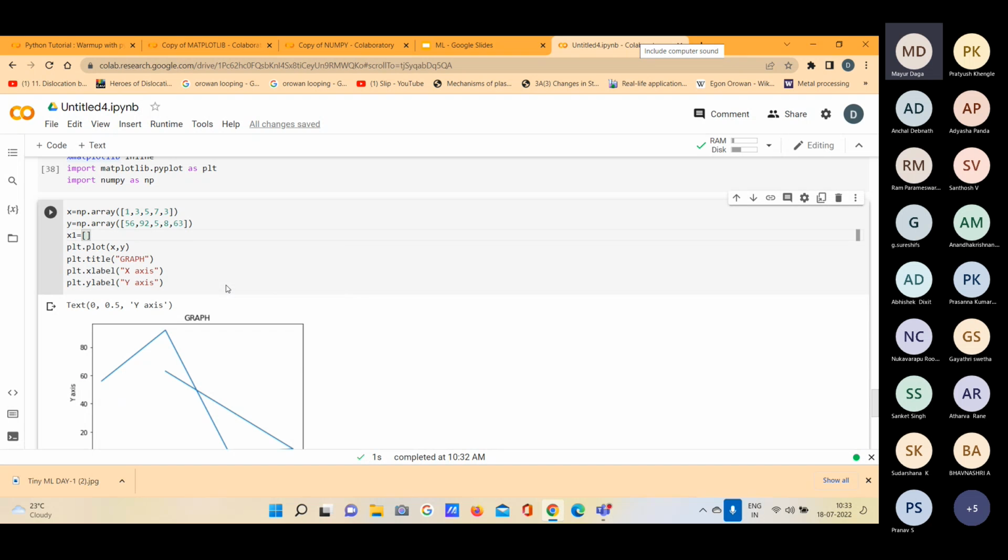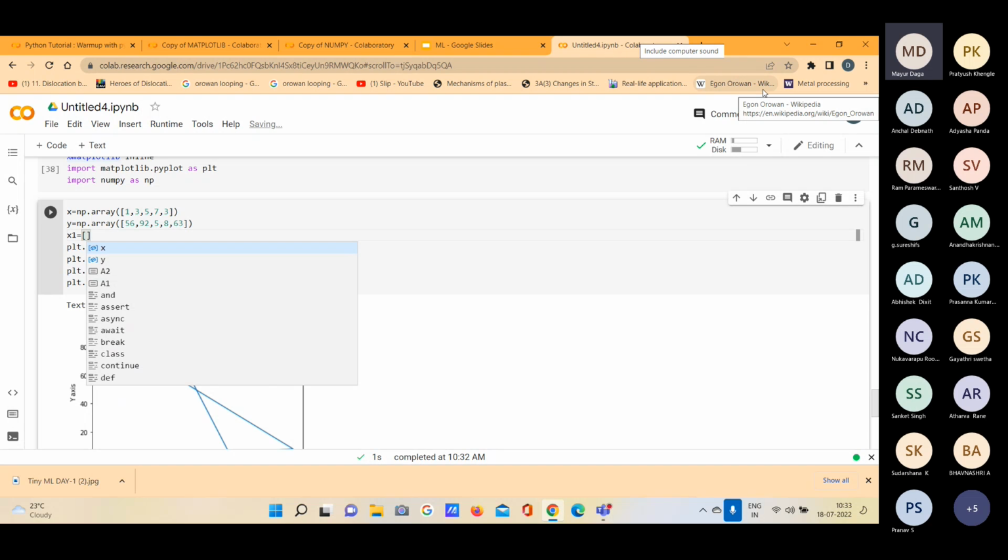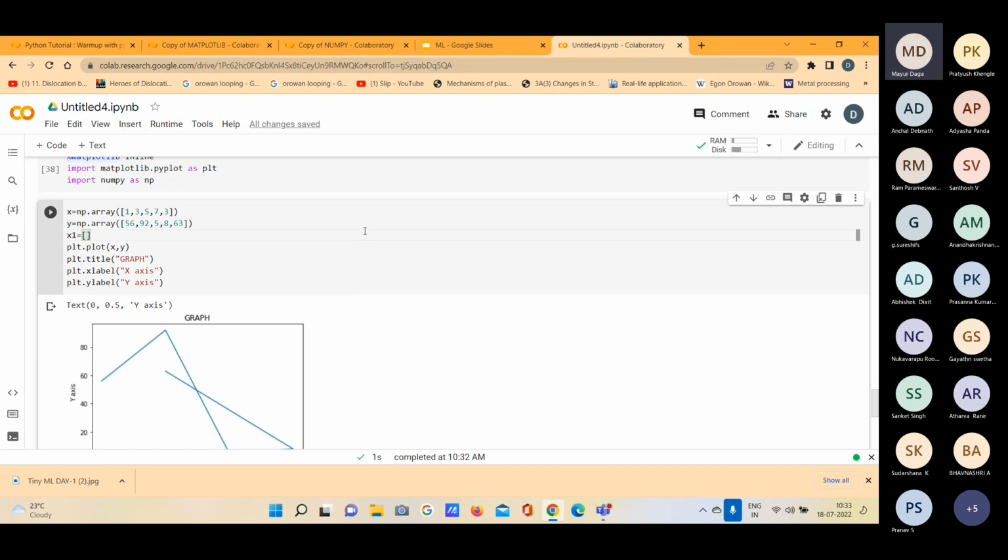Let's say x1. Basically, you do this when you want to compare some data. Suppose you want to compare the earnings of your company with the earnings of another company, or the way the profits of your organization are increasing compared to others. We do this when we need to compare some data graphically. So 4, 2, 3, some random numbers,